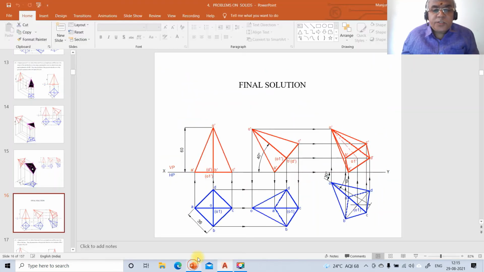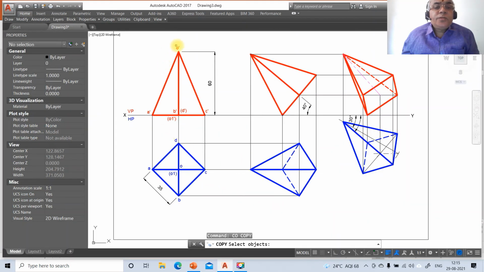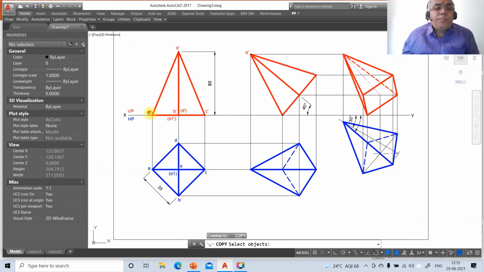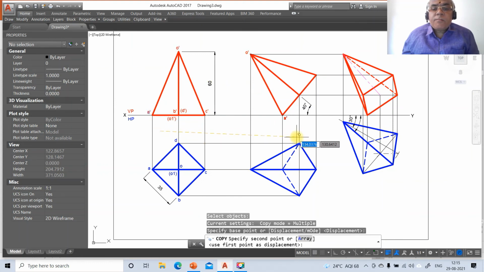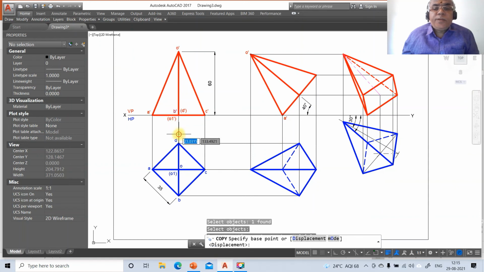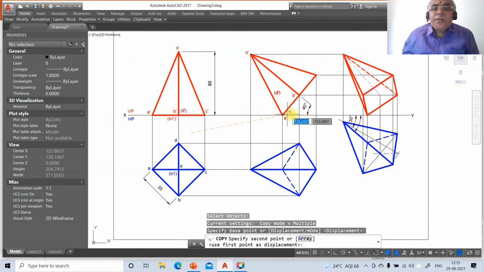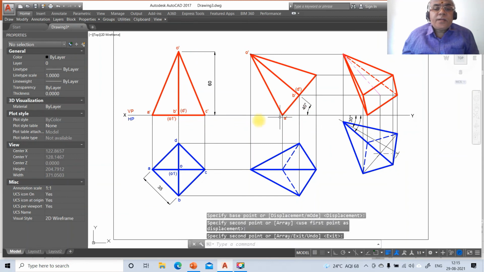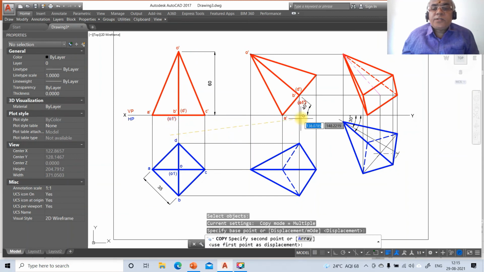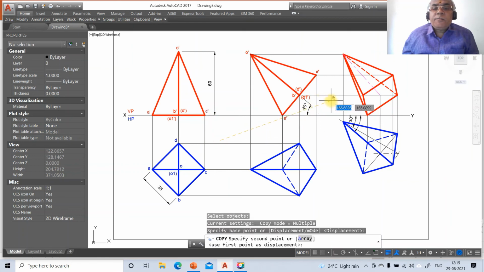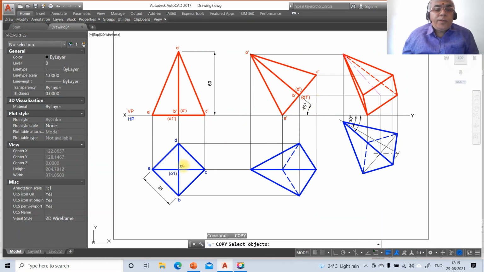So now what you need to do is you copy this A, B, D, and O1 dash and O dash here. So you just copy this O dash here, and you copy this A dash here, and you copy this B dash here, and you copy this D dash here in bracket, and you copy this O1 dash here. Once you do that, so you copy this C here, and you copy O